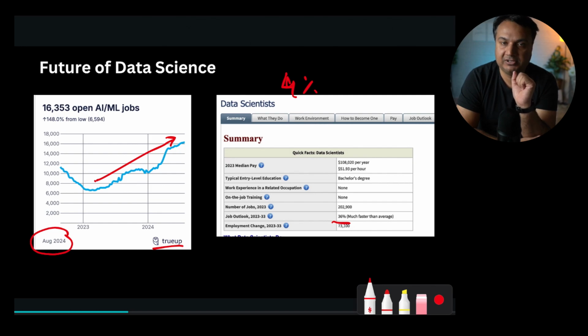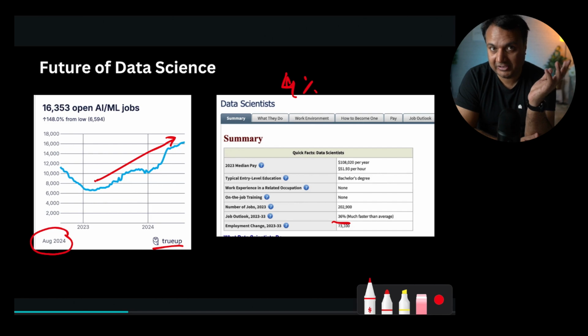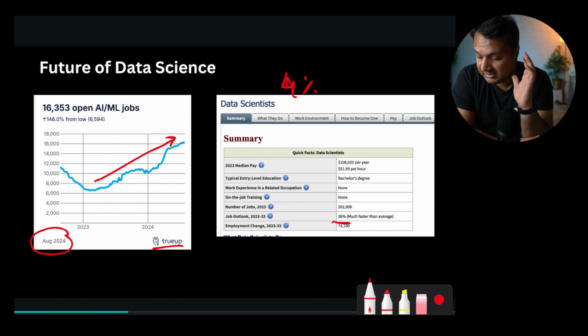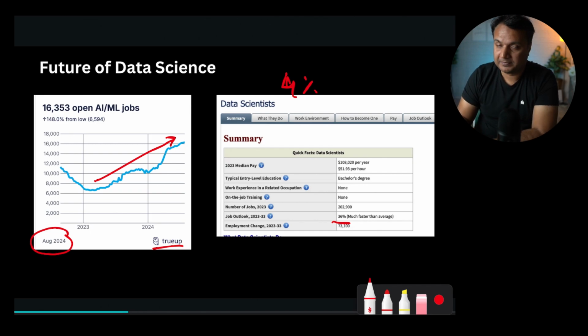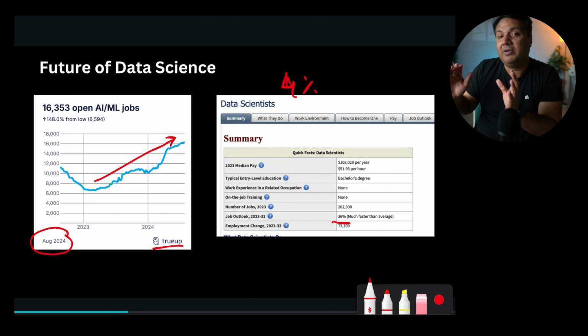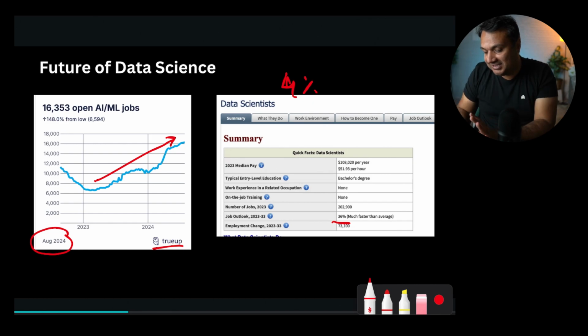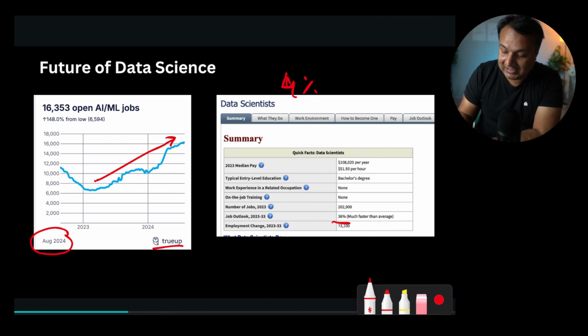Most of them would be under 10%. There are some which are negative, because in the future they don't see as many jobs being needed. But for data science jobs, this is pretty phenomenal. 36% anticipated job growth in the next 10 years. So I won't comment much on this. As I said, I'm a little biased, but this is data from two very credible sources. You can verify it on your own. But I think it gives you a very clear picture of what the future looks like.